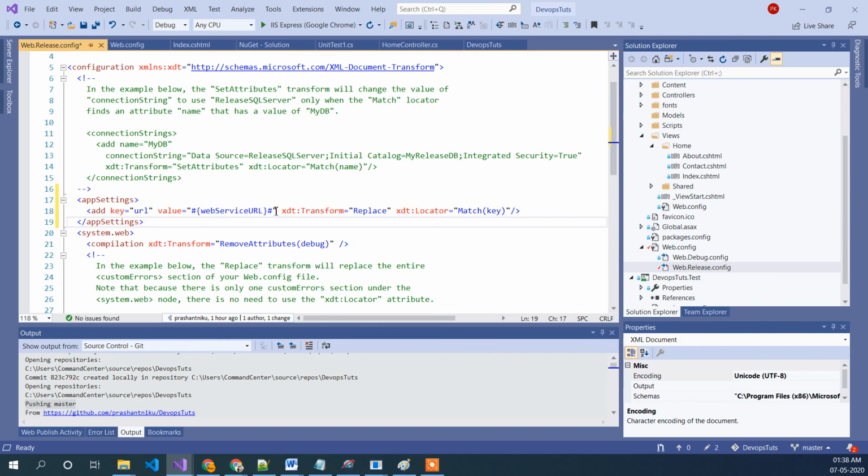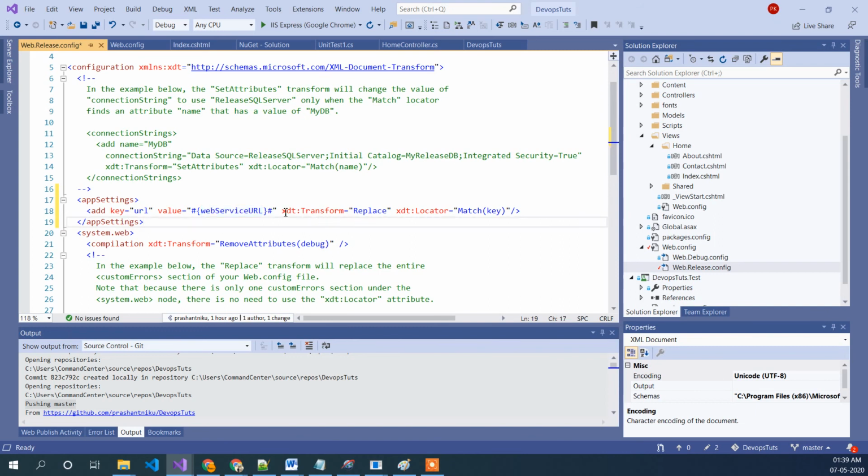In order to replace it, we will be using token based replacement, because most of the transformations just work with connection strings and all, but this is the thing we really want to do. So this is the token, and token start, and this will be our variable on it.